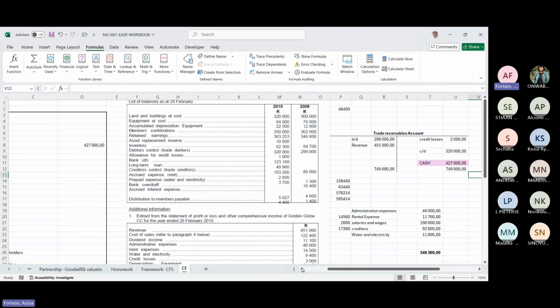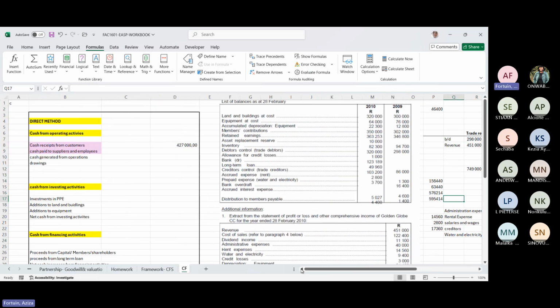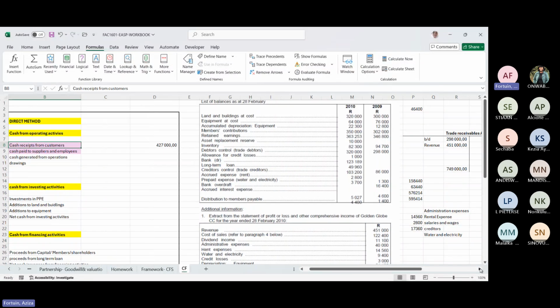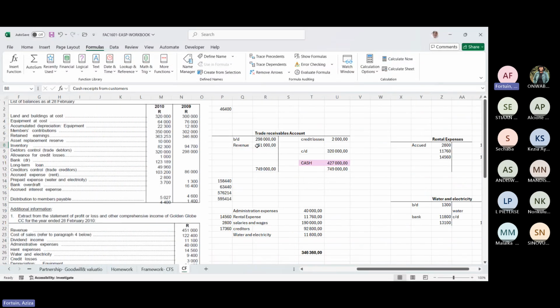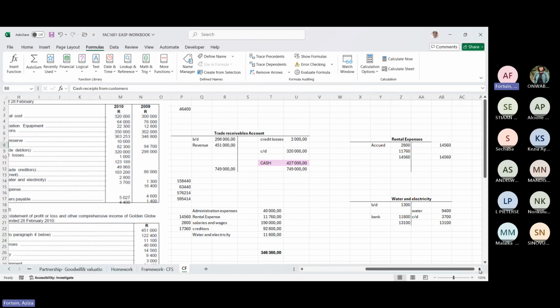We're going to go through what the study guide shows. But I've taught at other places as well, and this is how we normally do it. You can do it anyway. I've noticed Mandisa's doing it his way, but he's not doing T accounts. That's why he's missing some information. And when you do a T account, you can see immediately what you are looking for. If you look at this T account from the trade receivables, you can see that you're looking for cash.